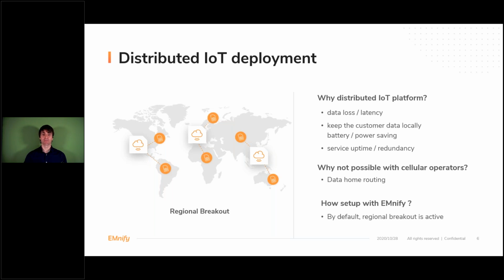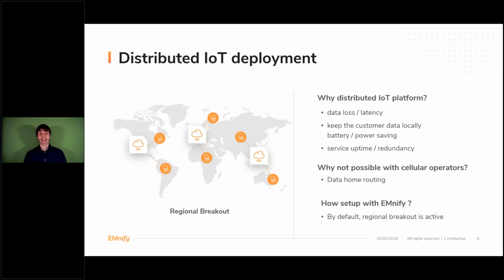That, of course, reduces data loss and latency, but moreover, especially if you're thinking about Europe, it gives another level of trust if you can say, my data is not going anywhere else, it is staying in Europe, for example, or in Germany. And the third reason why you want to build a multi-region solution is because you also want to increase your service uptime and redundancy. So even in case your solution is affected in one of the regions of Google, you're able to switch to a different region and your service will work.